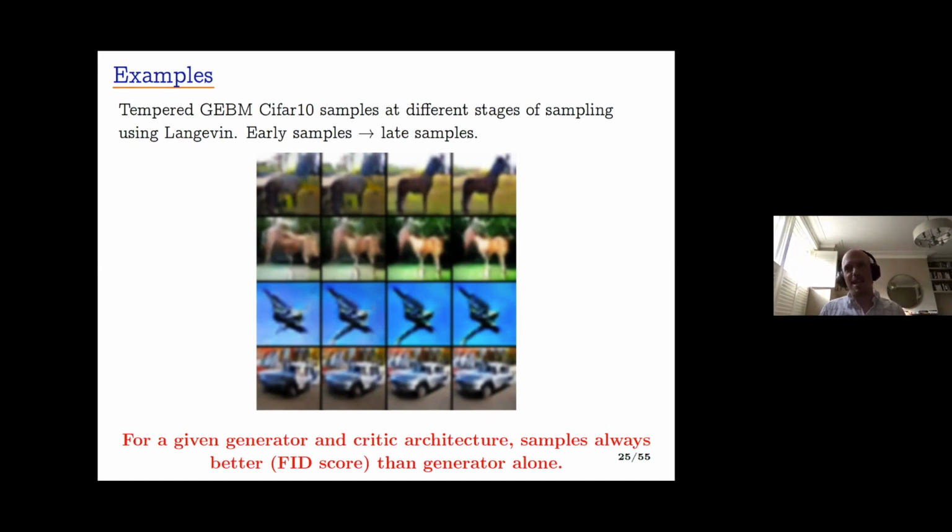So think back to the GAN. What we did with the GAN is we trained the GAN until convergence, and then we threw away the critic. What we're doing with the generalized energy-based model is something very analogous to a GAN, where we have our critic, which is the energy function, and our generator, but we're not throwing away our critic. We're keeping our critic, and we're using that to improve the sampling by using parts of the latent space that give better samples when you push it through the generator.